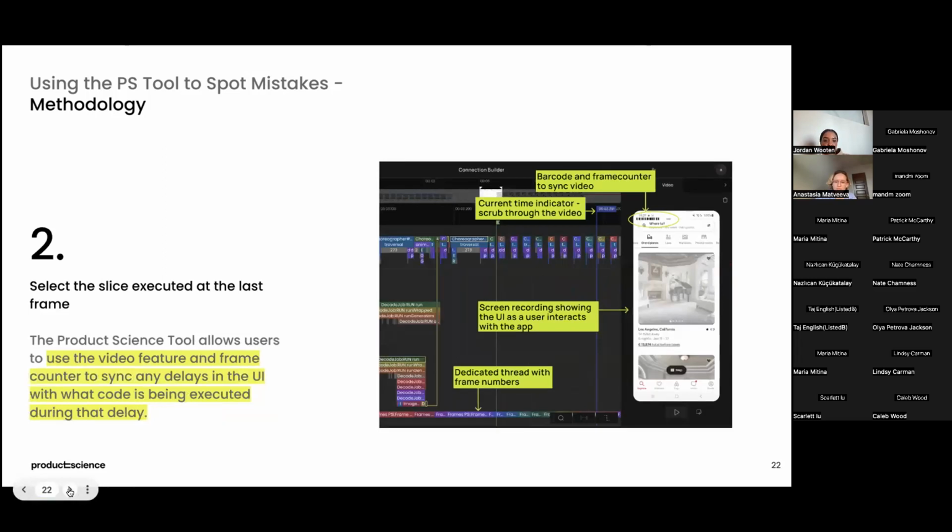And step two, after the trace file and screen recording have been uploaded to the product science or PS tool, this is what you will see. And as previously mentioned here, we see the slices in color, but we also see the video panel that shows the recording. And this feature is completely unique to the product science tool